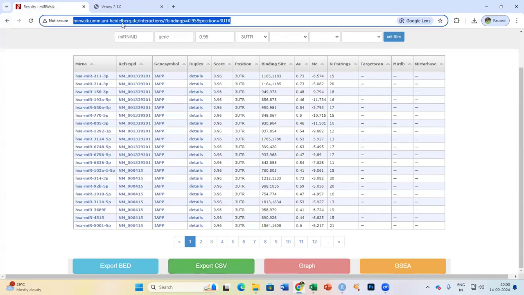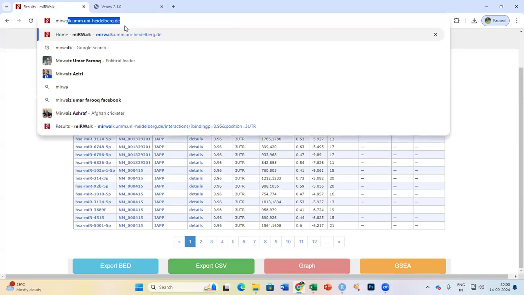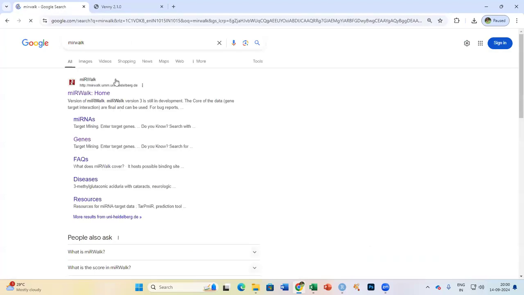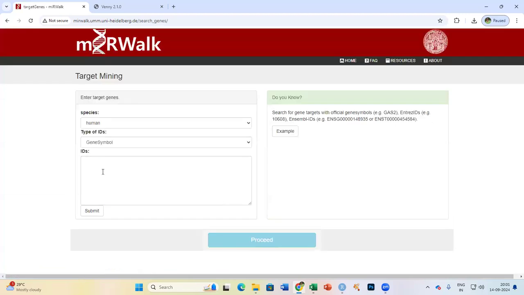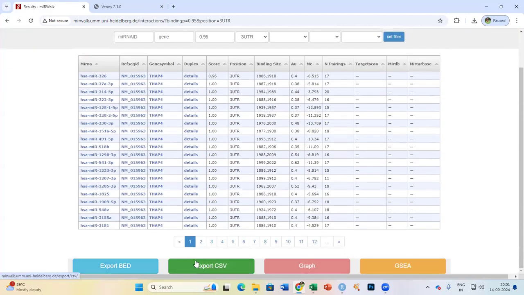Now we'll be again going to miRWalk so that the source remains same and there must be uniformity, because for the genes we also went to miRWalk. So TFs are actually in general only the genes which are actually protein encoding and helping to regulate the genes' activity. So you have to click on genes again and enter these three TFs, submit and proceed. After that, you will be exporting the CSV file,